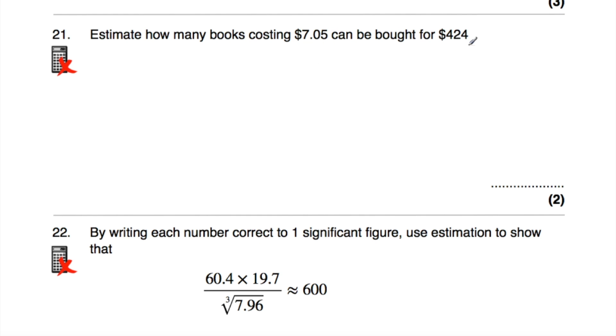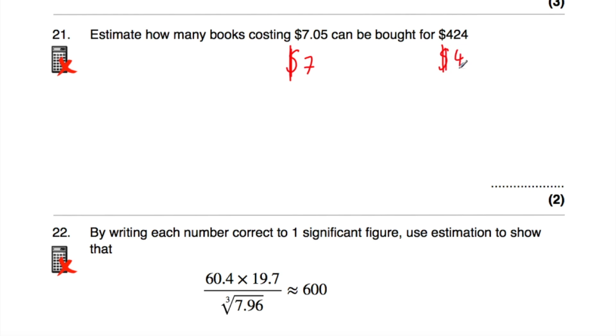Now in terms of this question, I had considered rounding them to one significant figure, but actually with these figures, with it being 424, if I round that to one significant figure I get 400, and with $7.05 we get $7, and if we do 400 divided by 7, it's not actually that nice in terms of a division. So what I've decided to do here is I have rounded the cost to be $7, and I'm going to use $7, but instead of rounding this $424 all the way down to 400, in this case I'm going to